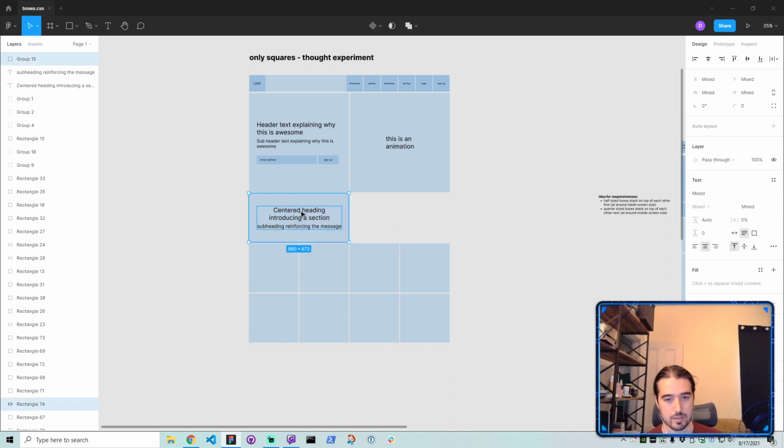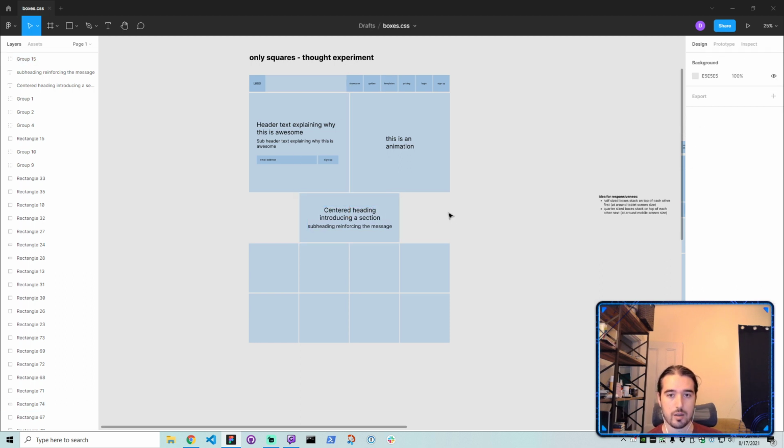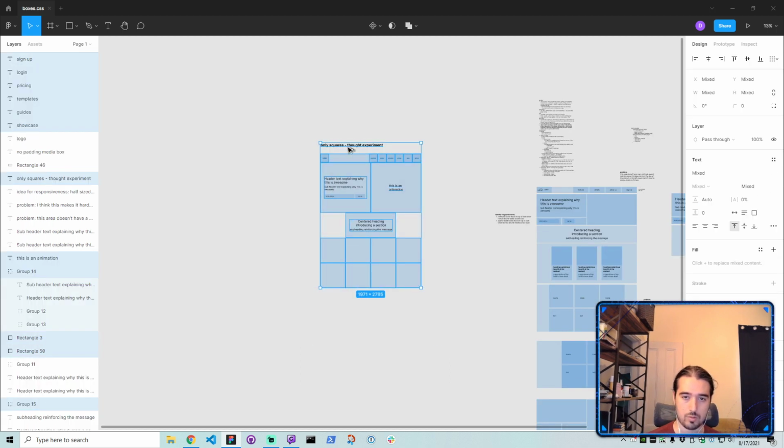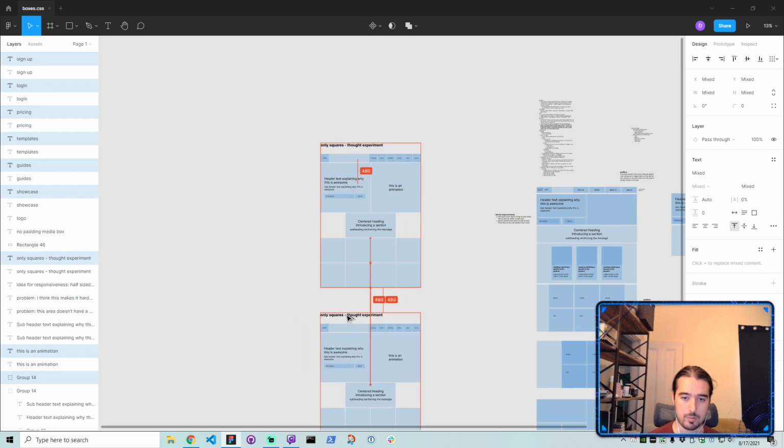But in this circumstance, where it is in the center, it's also pretty easy to do the responsiveness, right? So if we do our responsive demo again,